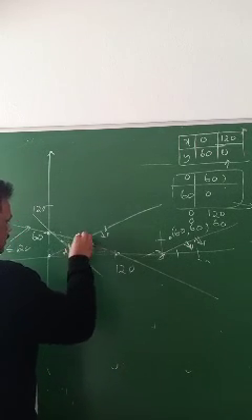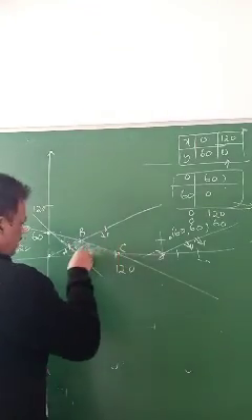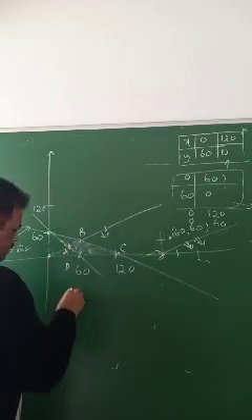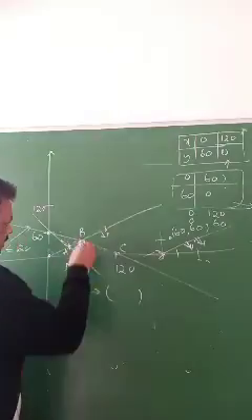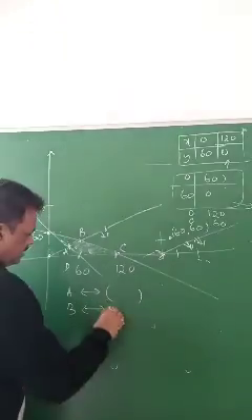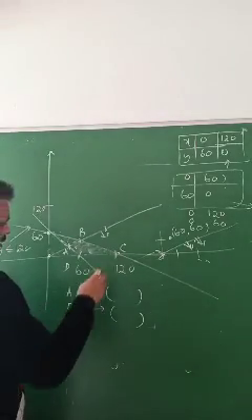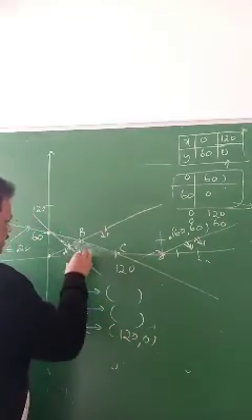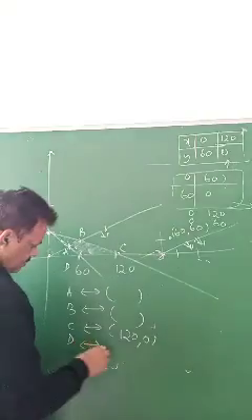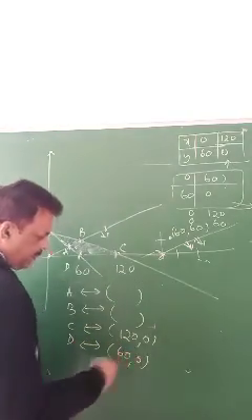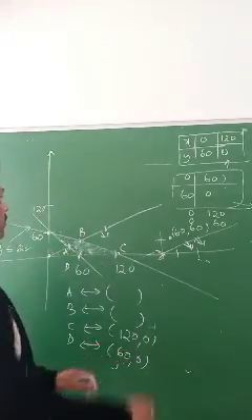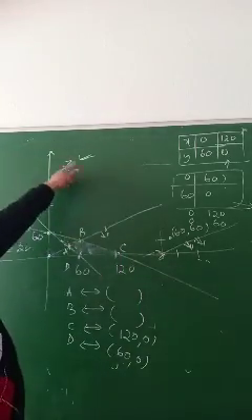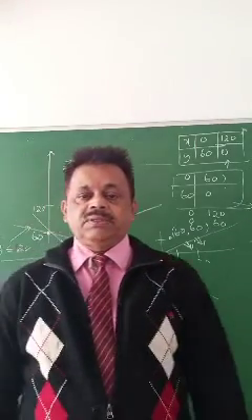You can write A, B, C, D. From the graph you find out what A is, and find out what B is. C is understood, 120, 0. D is 60, 0. These values you put in Z. I have made a table like this, so put them in the table and find out which one is maximum and which one is minimum.